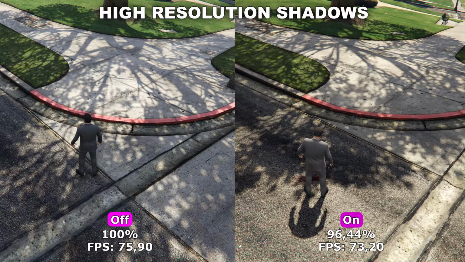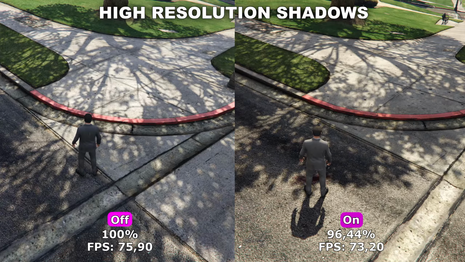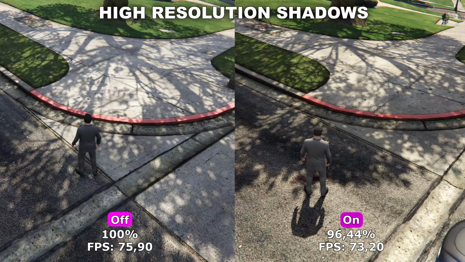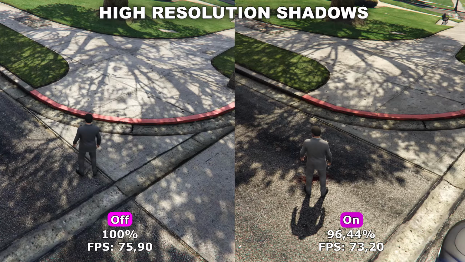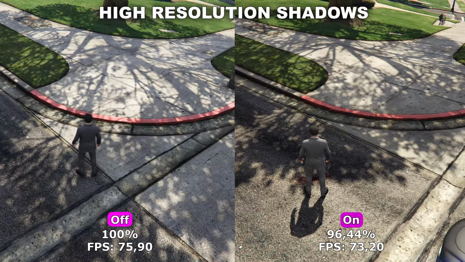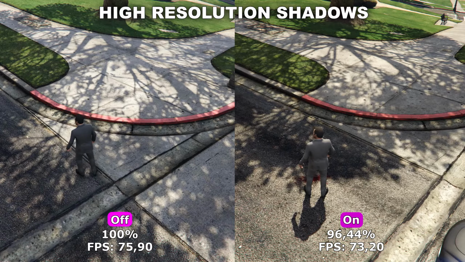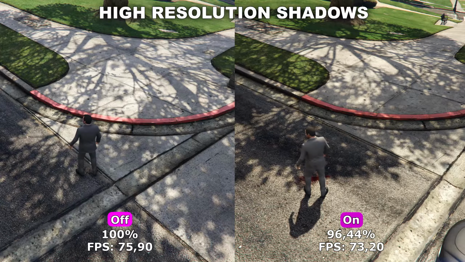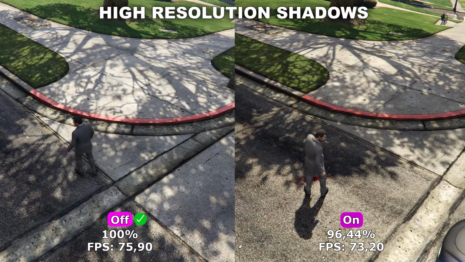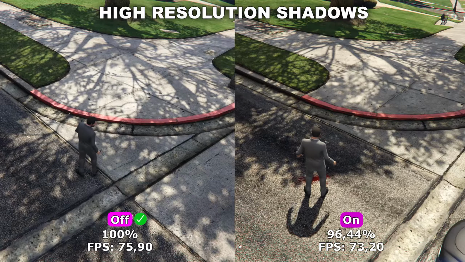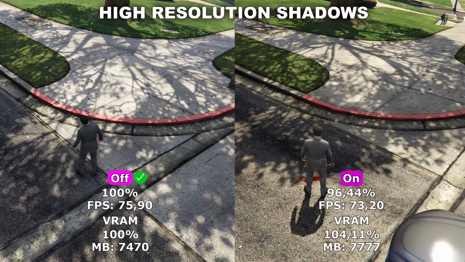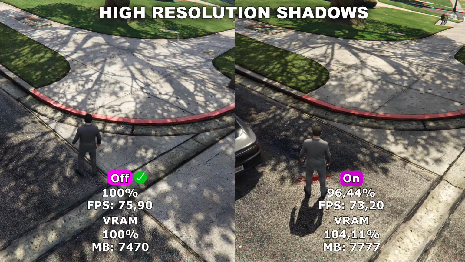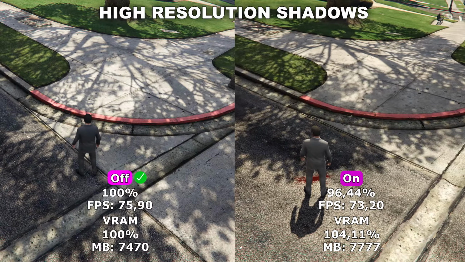In my testing, I found this has a very minimal difference on the quality of the game. It's something you actually have to look for to see the difference between having this off and having it on. Therefore, I would also just recommend to leave this off, because I highly doubt that you're going to notice any difference. And that does mean that you can save the 3% of FPS and also save around 4%